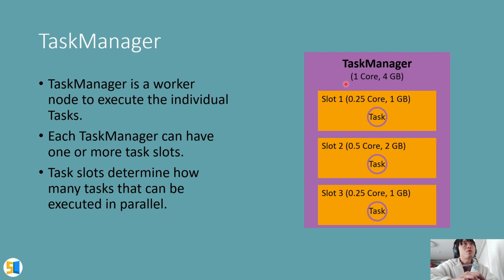It has 1 core of CPU and 4 gigabytes of memory, and let's say we configured it into 3 slots, 1, 2, 3, where each slot has its own resources and can run tasks of each job. So it shows how many tasks can be executed in parallel, either from the same job or from different jobs. Okay,